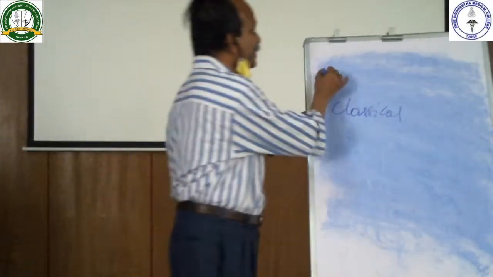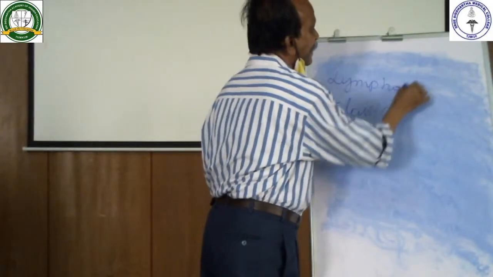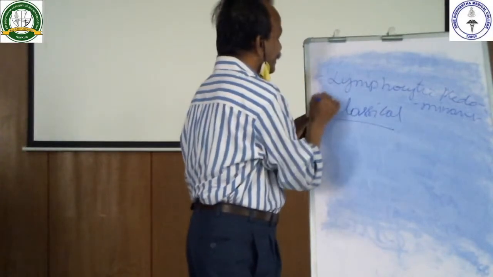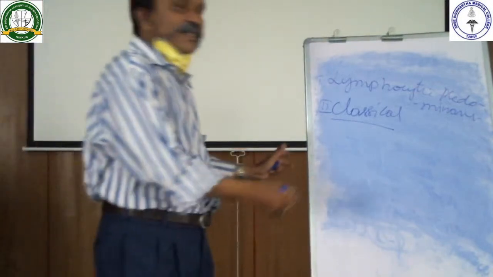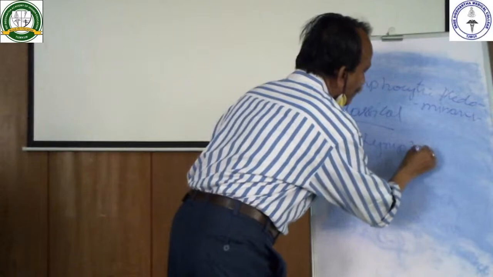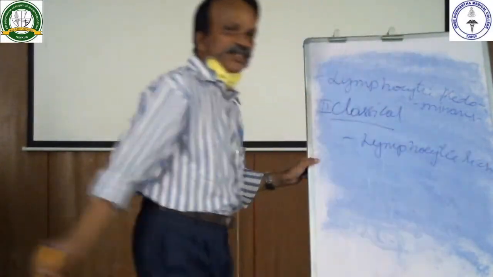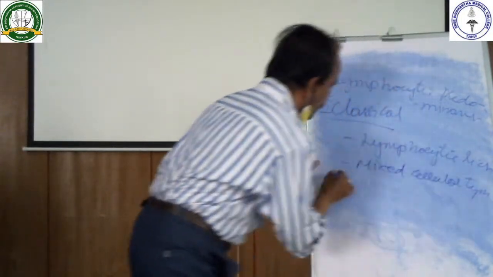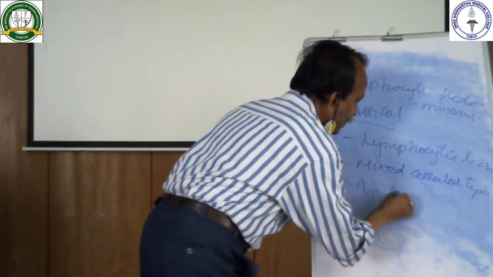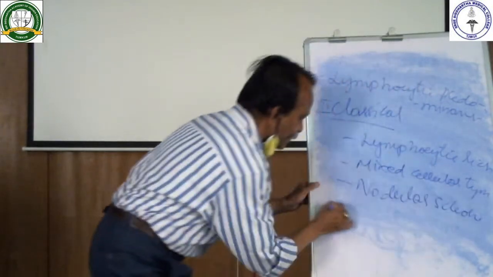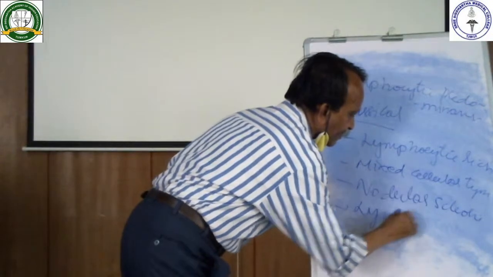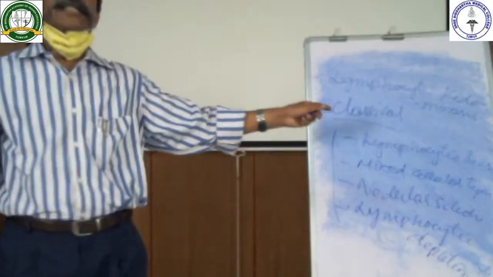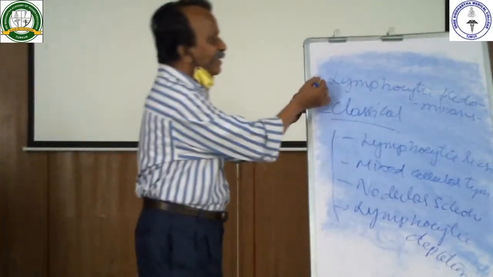So, the first one is lymphocytic predominant type. And the second one is the classical type. Under it: lymphocytic rich type, and then the mixed cellular type, and then the third one is the nodular sclerosis type, and the fourth one is lymphocytic depletion type. So these four categories come under the classical type of Hodgkin's lymphoma, and another one is lymphocytic